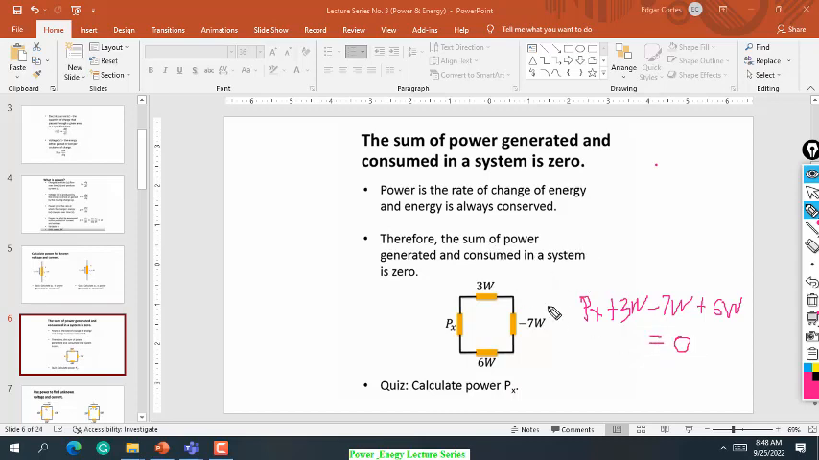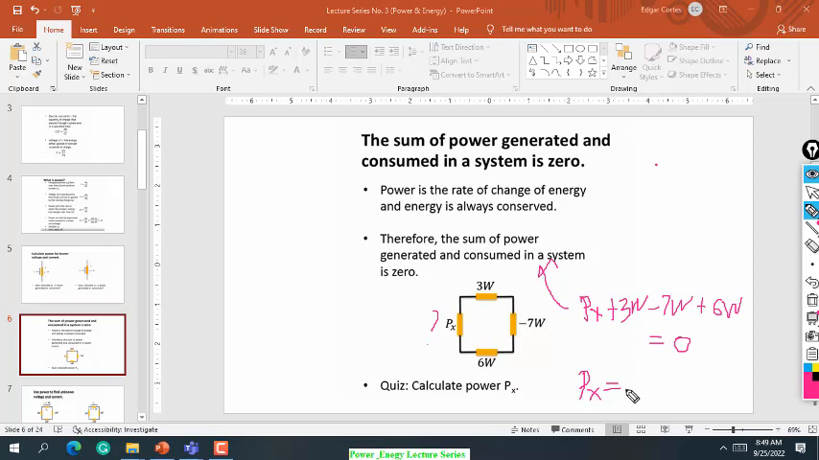To satisfy this statement, the sum of power generated and consumed in a system is 0. So Px, which is the unknown power, that's why I put a question mark. Then plus 3 watts, plus 7 watts, plus 6 watts equals 0. So how are we going to determine Px? Px, therefore, equals